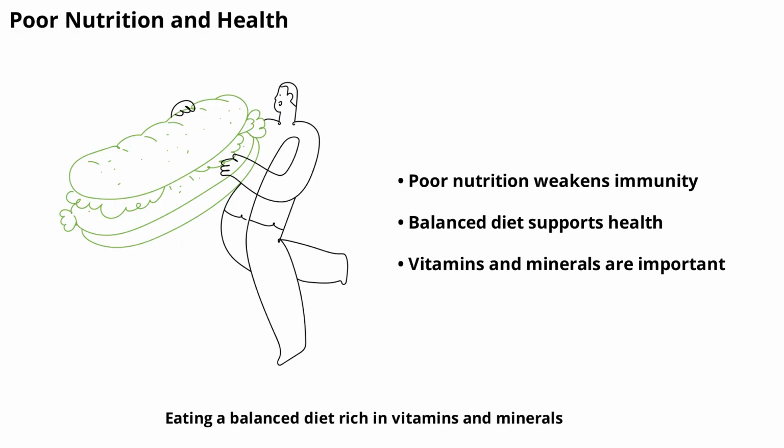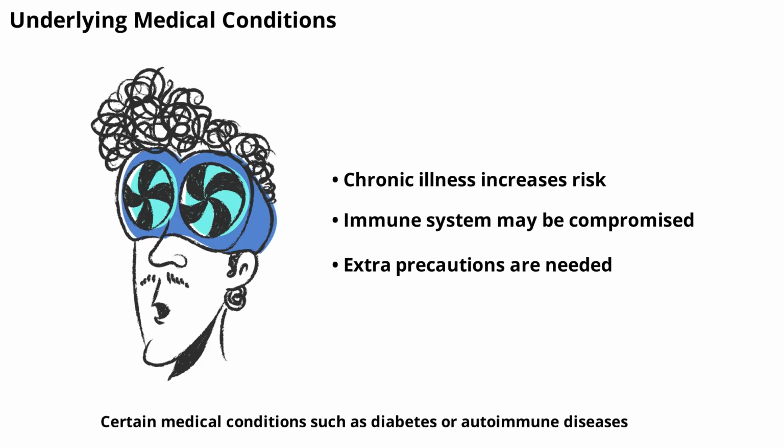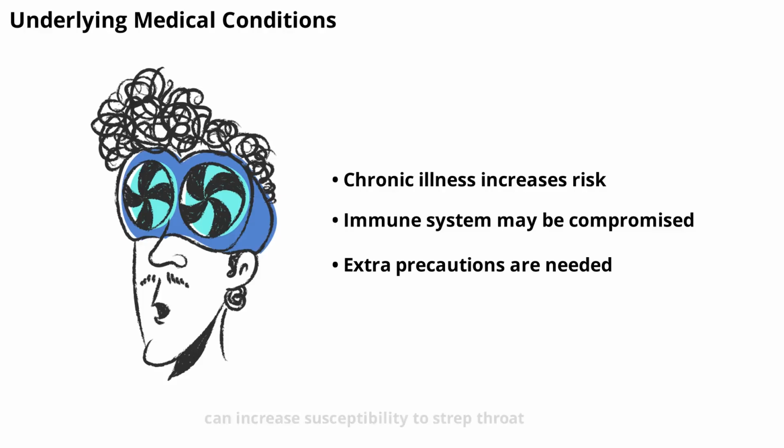Eating a balanced diet rich in vitamins and minerals supports your body's natural defenses and helps prevent infections. Certain medical conditions, such as diabetes or autoimmune diseases, can increase susceptibility to strep throat. These conditions may impair the immune system's ability to fight off infections, making it important for affected individuals to take